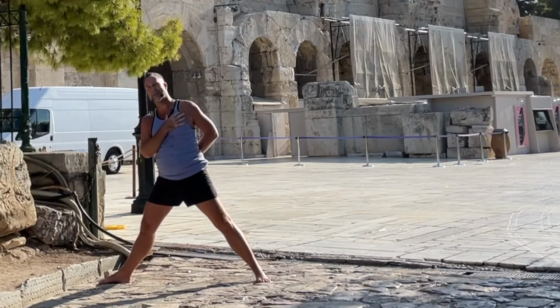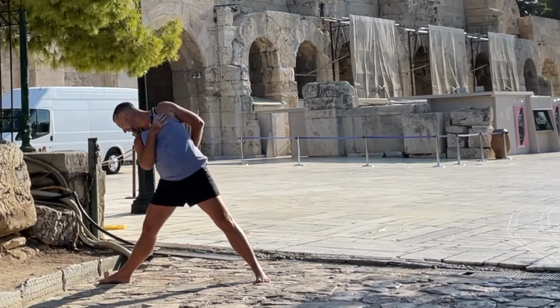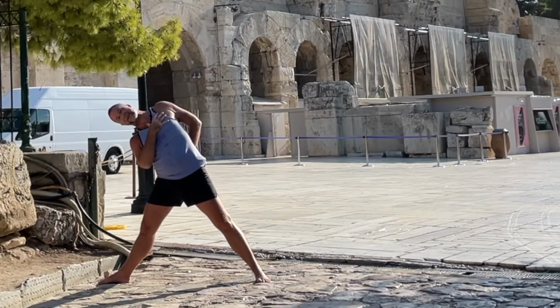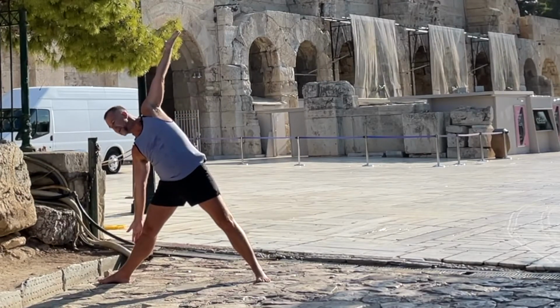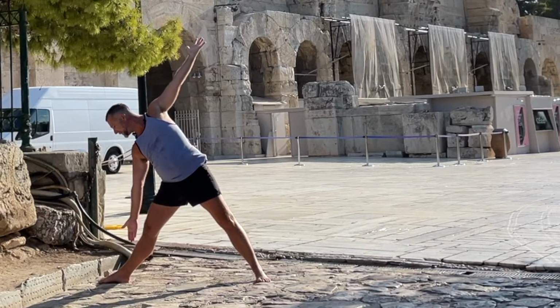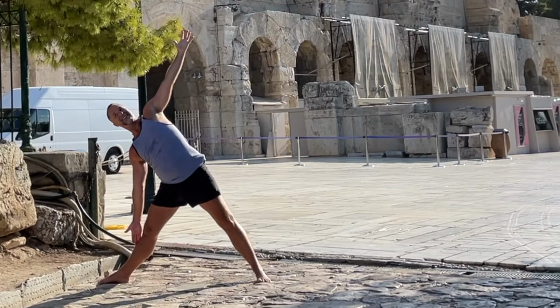And come on back up, and we'll do it one more time. And come on over. So this time, we're going to stay here for a few breaths. You're going to let the right hand come down as far as it's going to come. You're going to let the left hand come on up. You're going to inhale, look down at the hand or the foot, and then exhale, look up at the other hand. Inhale, look down,